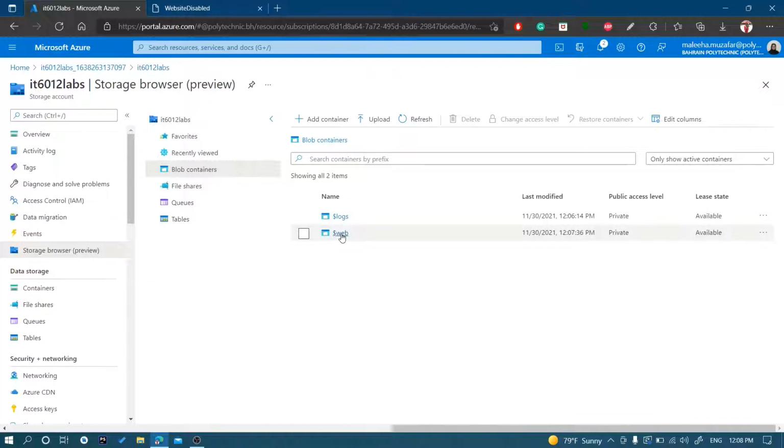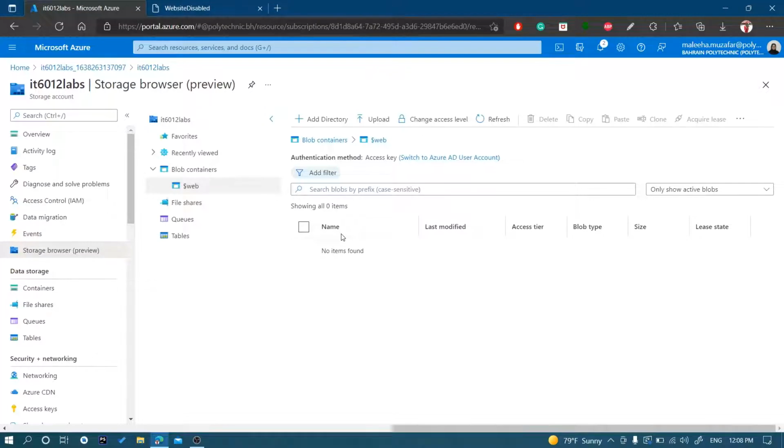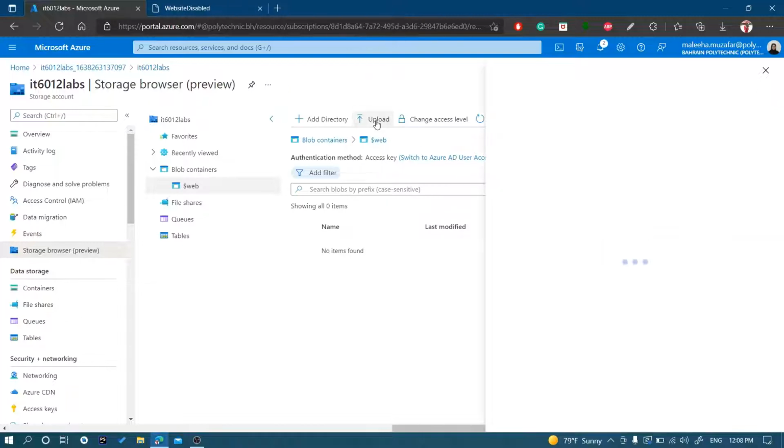And this is the web container. Okay, now all your website files should go in the web container because this is from where your website is being served. All right, so now I will probably first of all upload